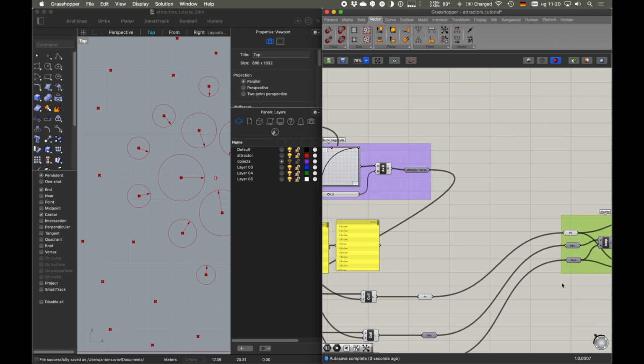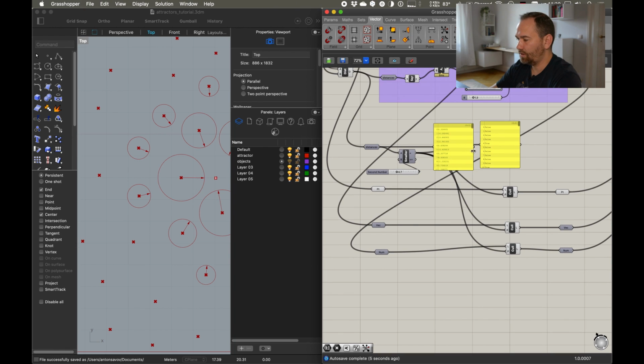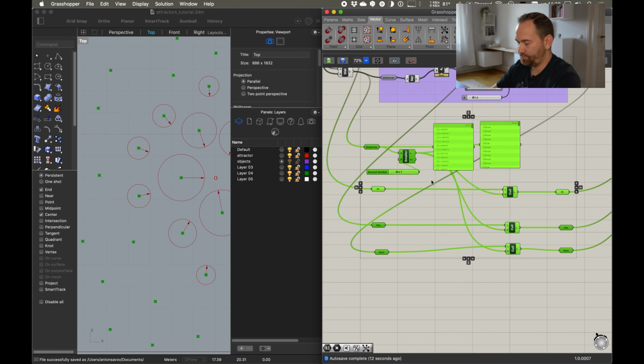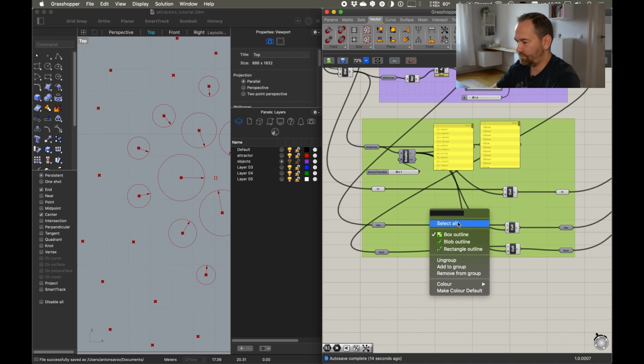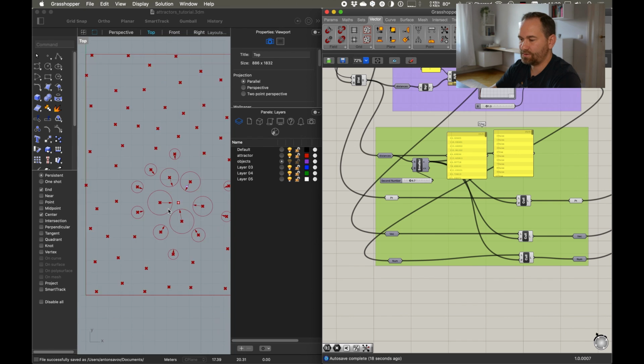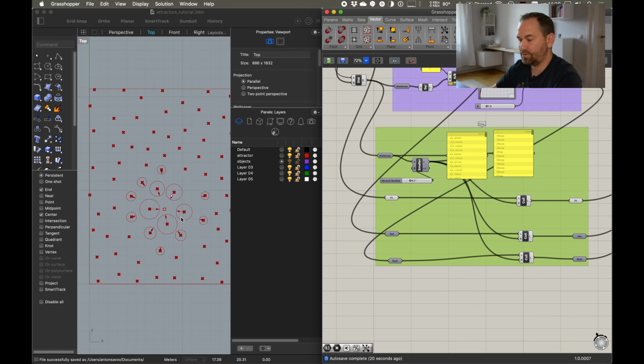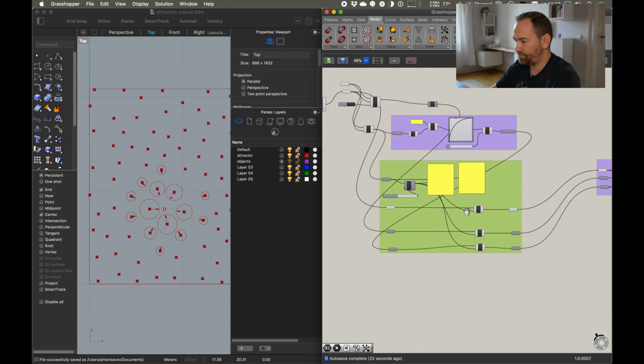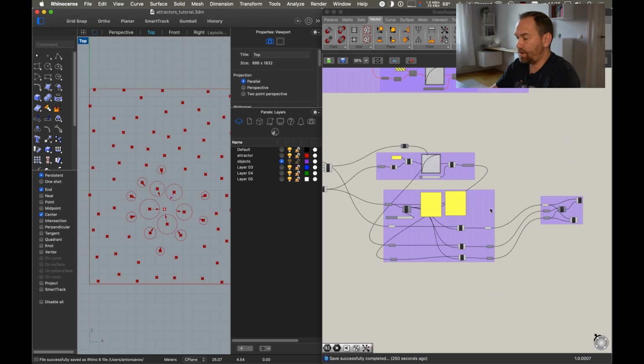into our display component. So here we have this logic, which I can combine into one group and call it filter. So that filters points out based on the distance from the attractor. Okay, so we have a well-structured definition that determines the force, filters out some of the objects, and then displays